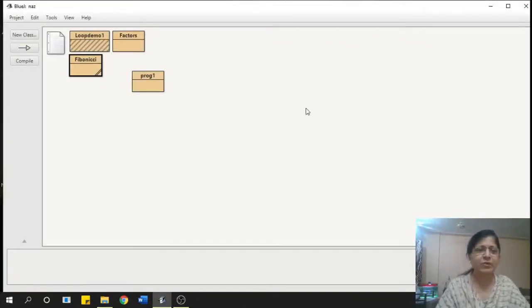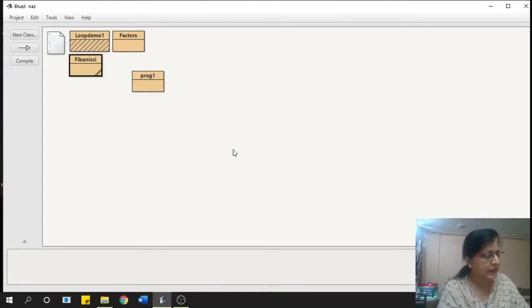Now I'll do one more program with you. There is a program over here in the textbook, the fourth program. The third program is a very simple one, so I'm not doing it. The program is to use a while loop to generate the first 10 natural numbers. You have already learned how to generate the first 10 natural numbers, but here there is a little more to it: there is a sum also. So I want you all to try this out. You have to print the first 10 natural numbers, and then at the end print the sum of all the 10 numbers. How are you going to do it? Let's see if you can do this.